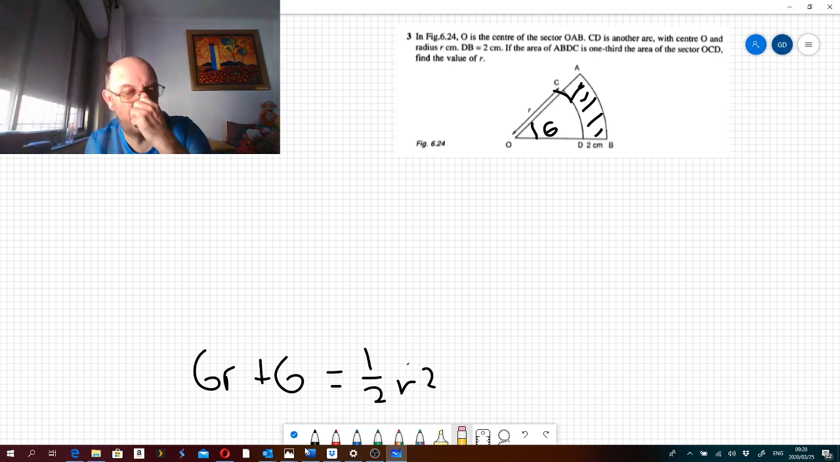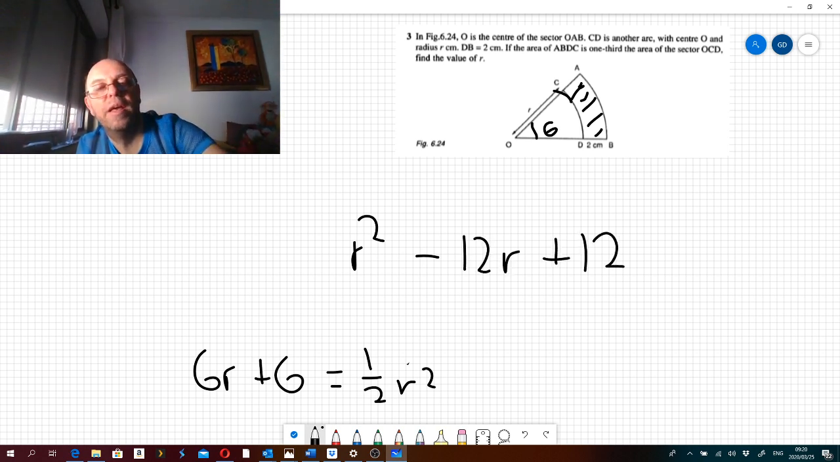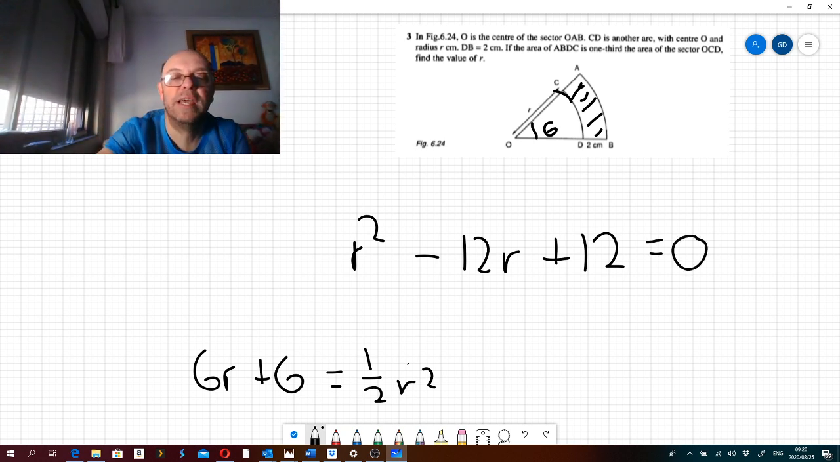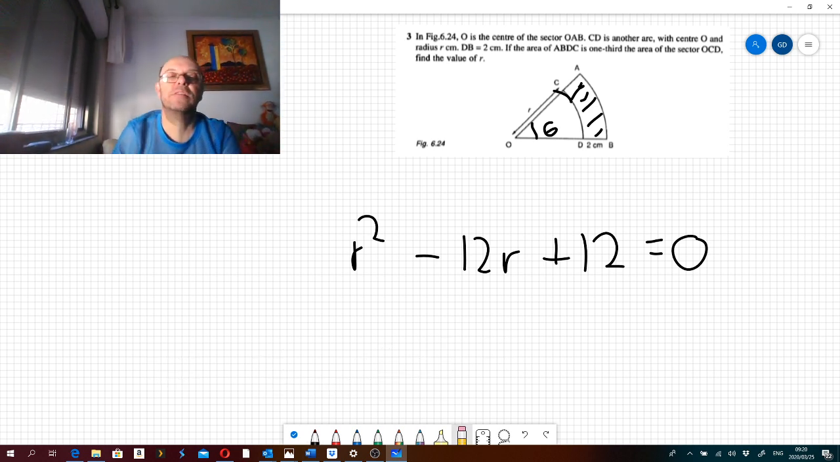Okay, so if I multiply by 2, I'll get the following. I'll get r squared, and on this side it'll be 12r plus 12. And that must equal 0. Okay, so now the question is, can we factorize this so that we can solve for r? Well, the factors of 12 are 12 and 1, 6 and 2, or 3 and 4. But nothing gives me a nice value for r, so I'm going to have to go to the quadratic formula